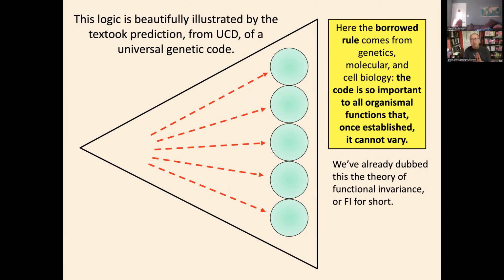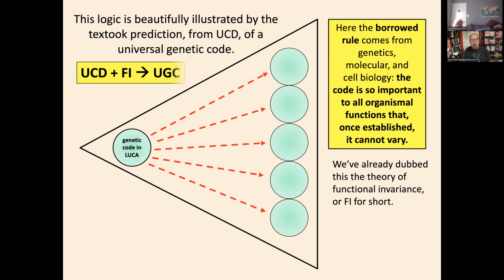It was thought when the code was first elucidated that it could not vary, because the code affects every protein in an organism. Even a bacterial cell with just a few hundred proteins, the code has to apply to all of them. Ergo, if you change it, you will affect all of them. And that kind of deep functional constraint was thought to be something that could not vary for functional reasons, or you would lose the cell, all right?